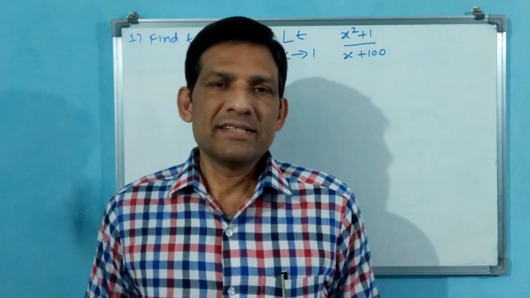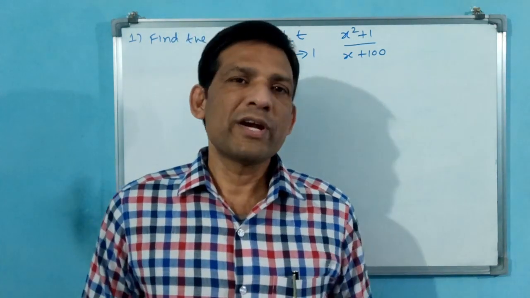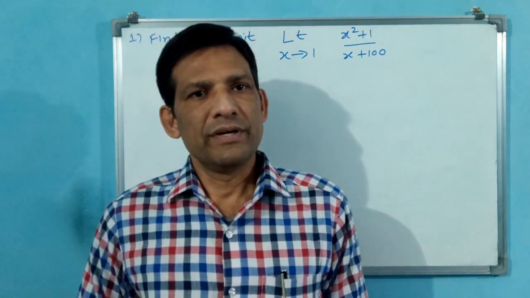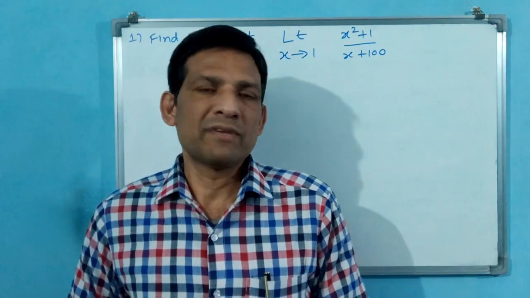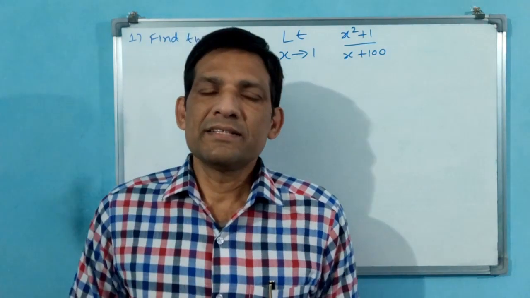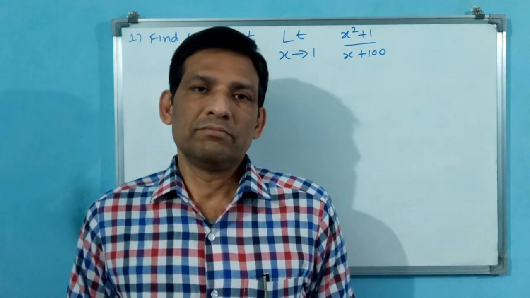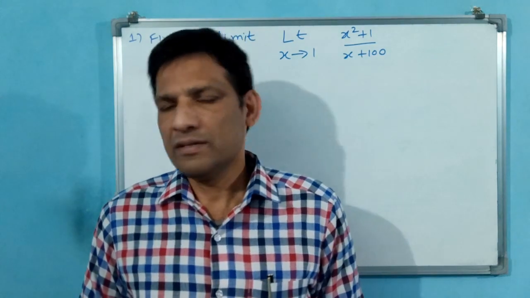One is the normal case. The denominator is not 0, and the numerator may be 0 or may not be 0. Then one value will come. That is the limit of a rational function, the first case. Second case: the denominator is 0 but the numerator is not 0. Then that is undefined, or the limit does not exist case.